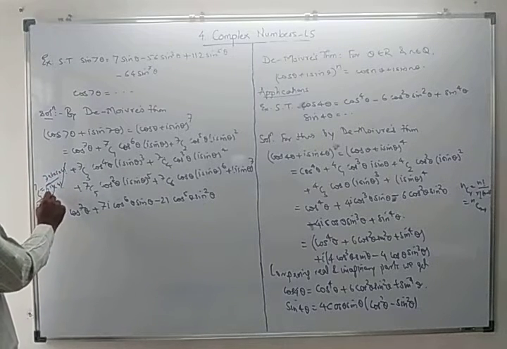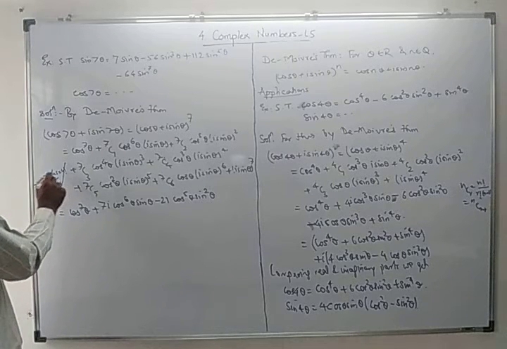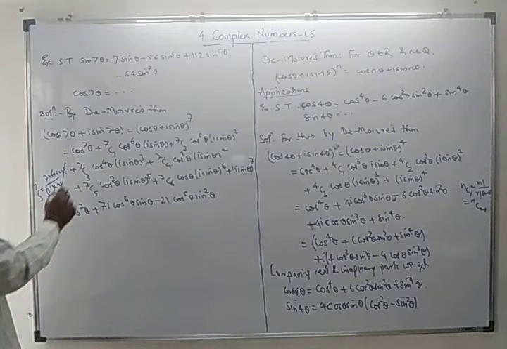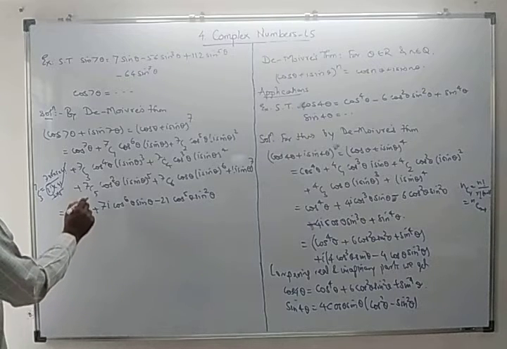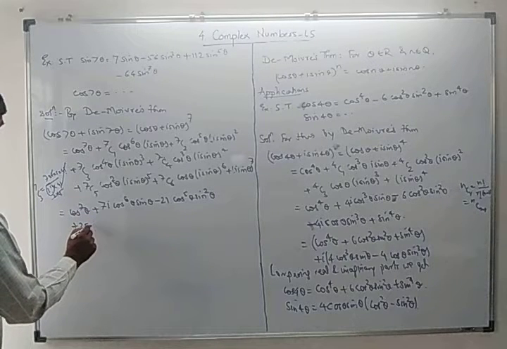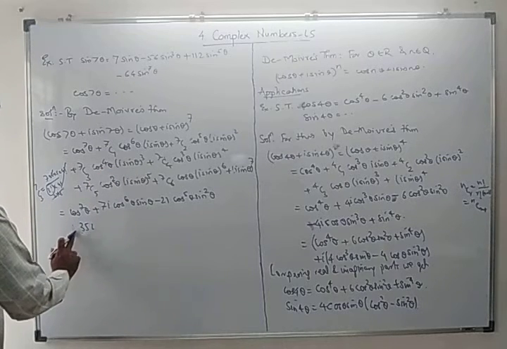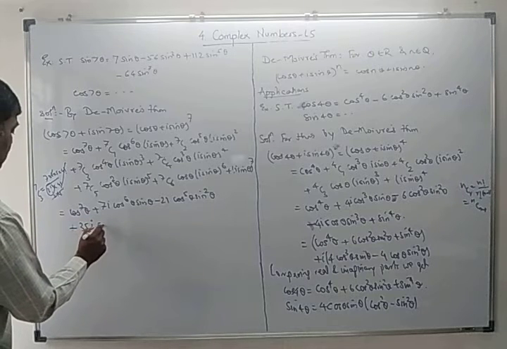This 3 factorial is written as 2 into 3, that is 6. So it will become 35. Okay, so 7c3 is 35 cos raised to 4 theta. Okay, and here i square is minus 1, so we'll get minus sign, minus 35i cos raised to 4 theta